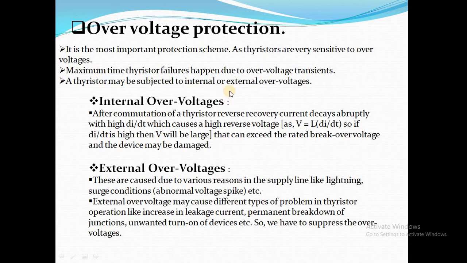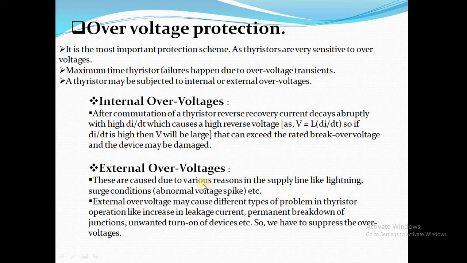When we apply negative voltage at the conducting SCR, it faces the reverse voltage, and due to that reverse voltage the value exceeds the breakover voltage, and this may damage the device permanently. Due to the reverse voltage there is permanent damage of junctions in the SCR. Therefore, this is one of the major threats during the commutation process of a thyristor.